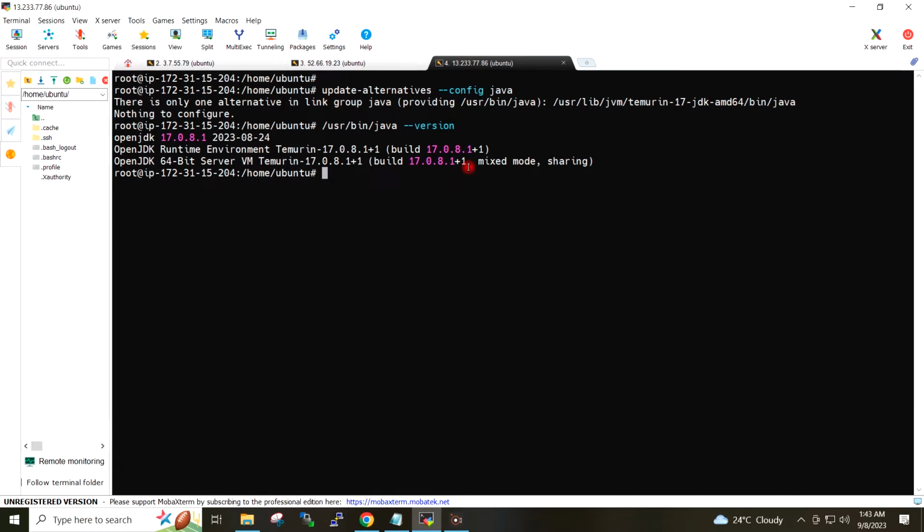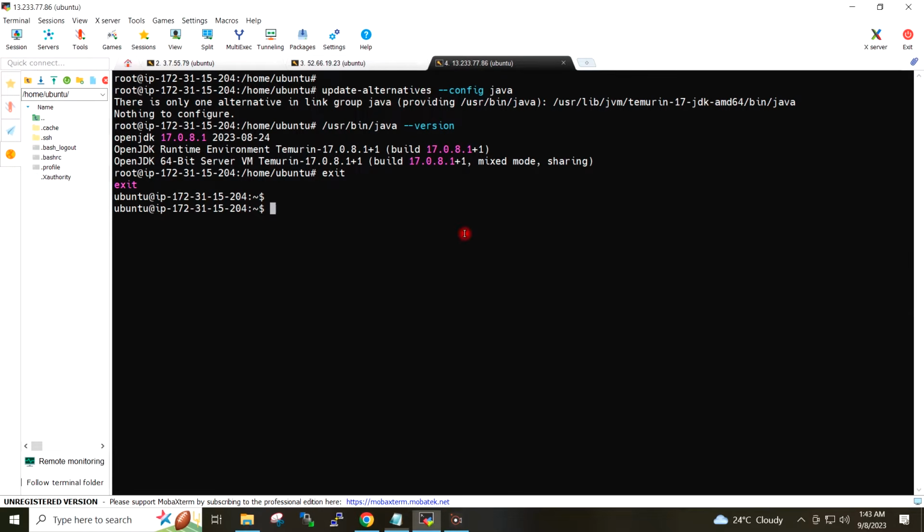So this is the version of Java which has been installed. Now I need to do some Linux kernel tuning. So first of all, I will increase the limits.